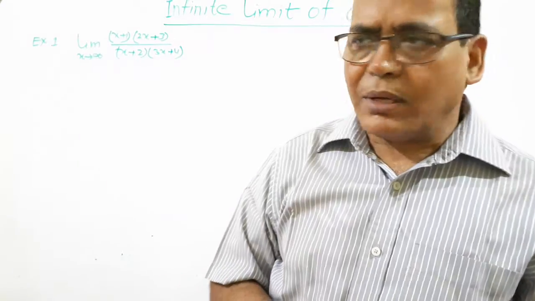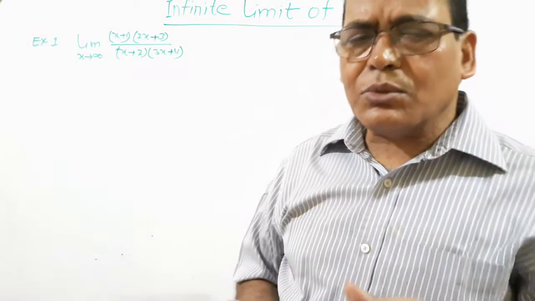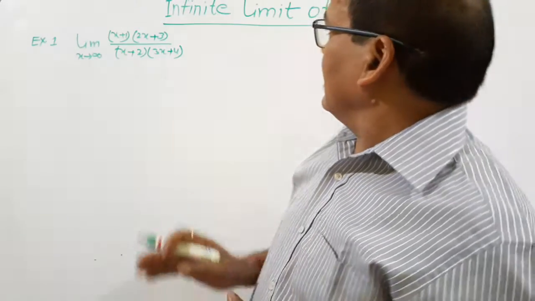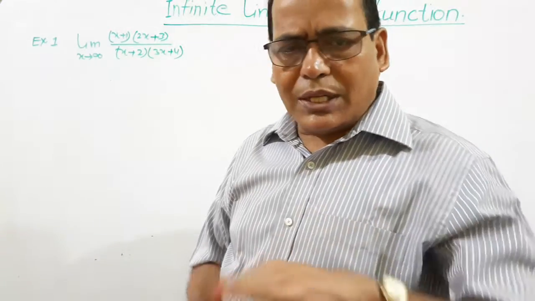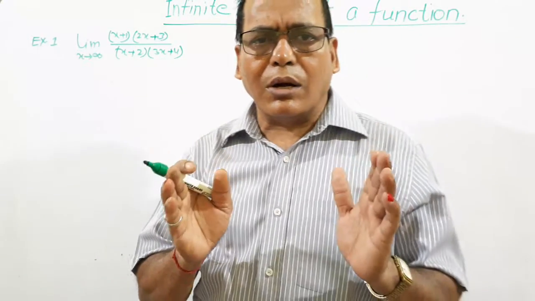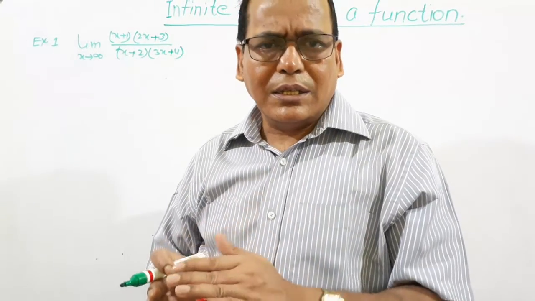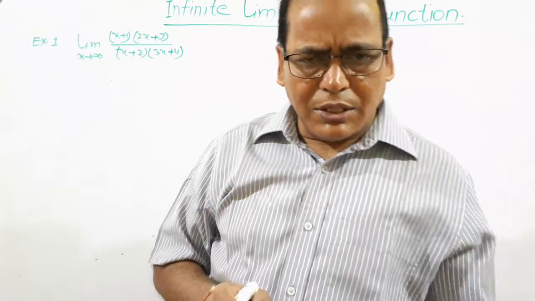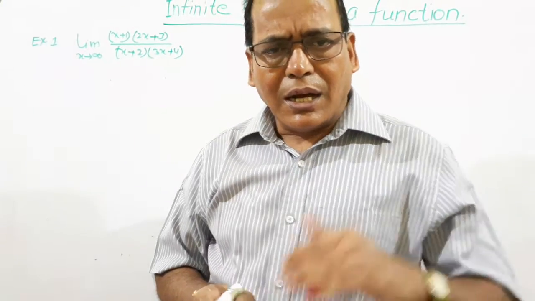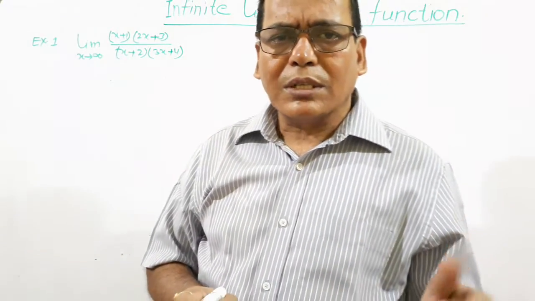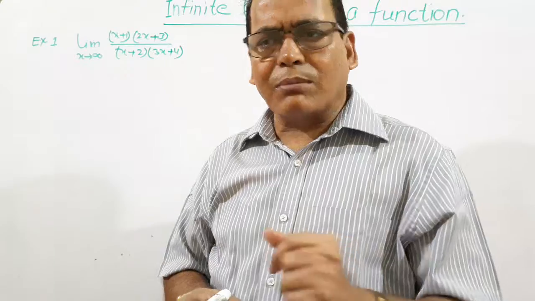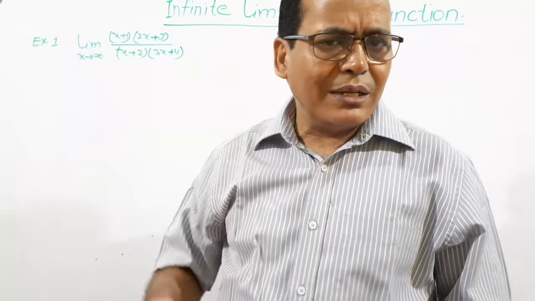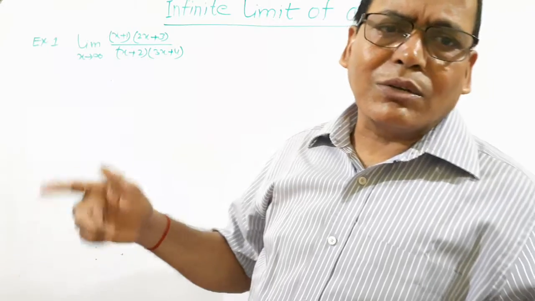To understand this lesson, we will practice one example. There are two methods to solve any question in this infinite limit. One is to divide by the higher order of x, whether in numerator or denominator; you have to divide both numerator and denominator. Otherwise, you can put the value x is equal to 1 by y, because we have seen 1 by x is equal to y, or y is equal to 1 by x.